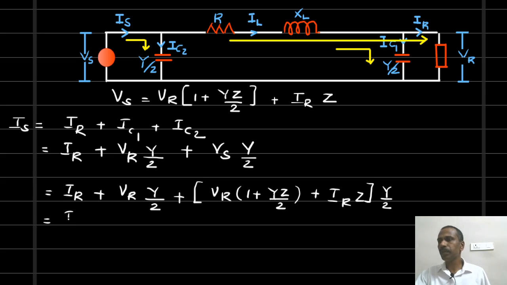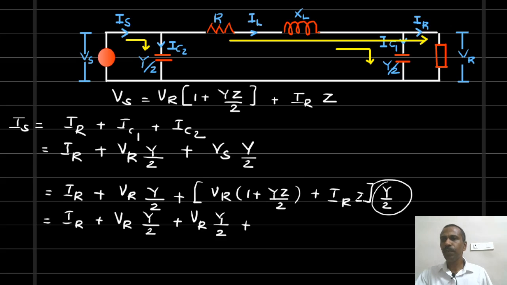This is equal to IR plus VR into Y by 2 plus VR into Y by 2